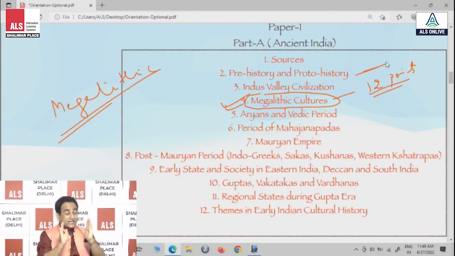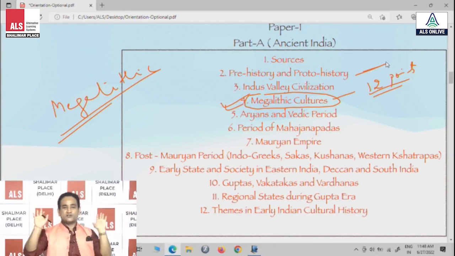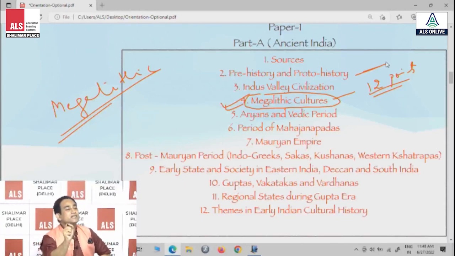So the syllabus you have to prepare very properly. Don't think that you have purchased a book, you are reading this book again and again, and your history optional is covered. You have to prepare not history, you have to prepare the syllabus mentioned for history. Suppose prehistory, proto-history, Indus Valley, these are popular areas. Megalithic culture, Aryan and Vedic period, period of Mahajanapadas, Mauryan Empire, then post-Mauryan period, Indo-Greeks, Sakas, Kushanas, early state and